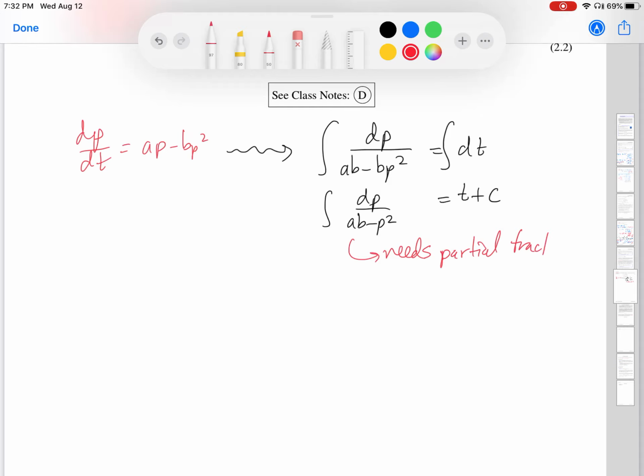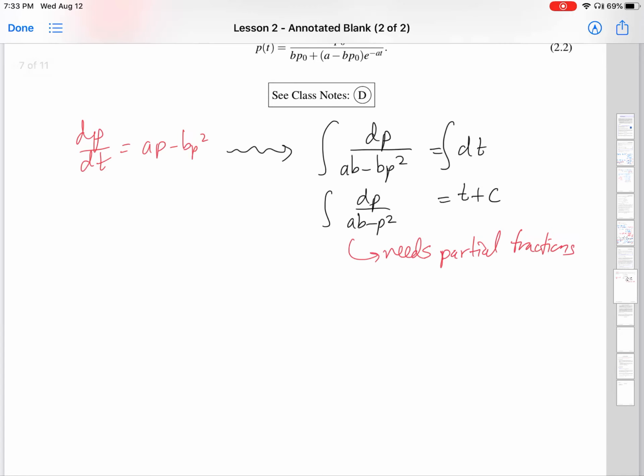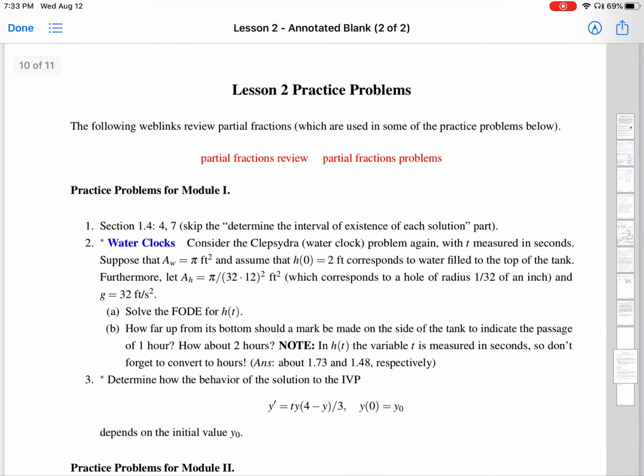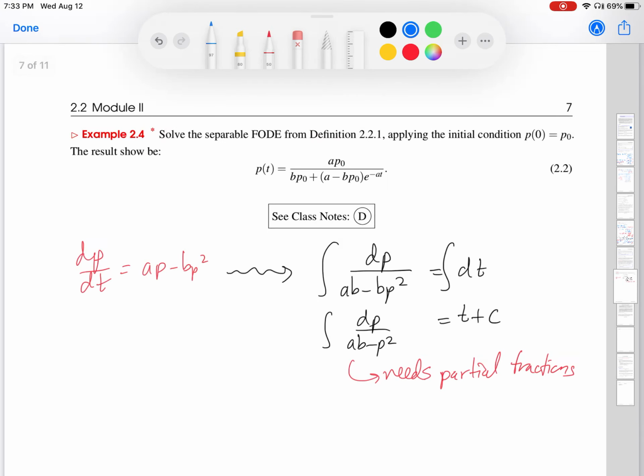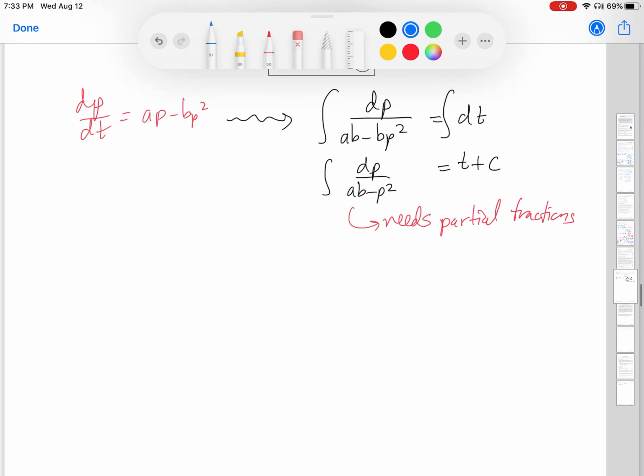Let me fast forward a little bit to the end of the lesson notes where the practice problems start. You can see right up here that I have included some links for partial fractions review and also some problems in case you want to solve those. These links take you to Paul's Online Notes, which is a great site to review these types of concepts. What I'm going to do here is just remind you very quickly how partial fractions works, and then apply it to this integral on the left here. So we'll say quick